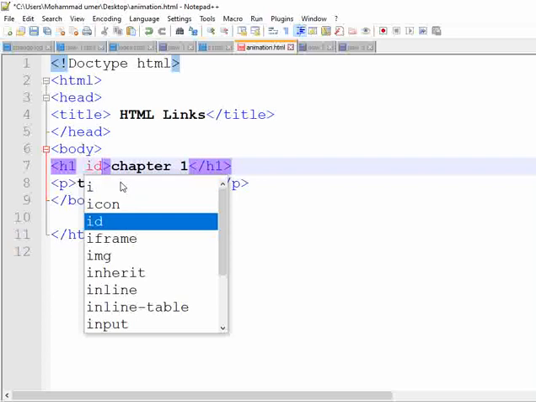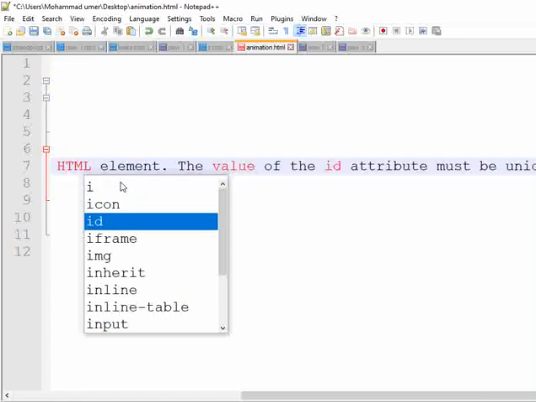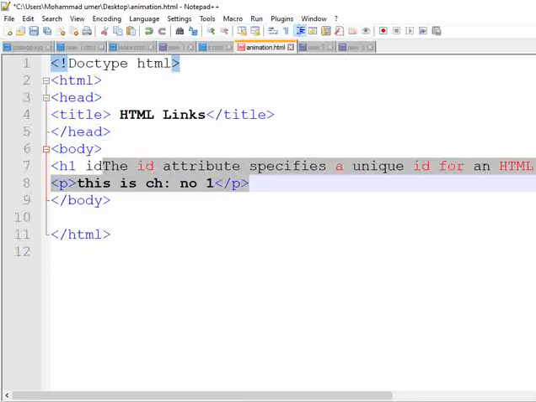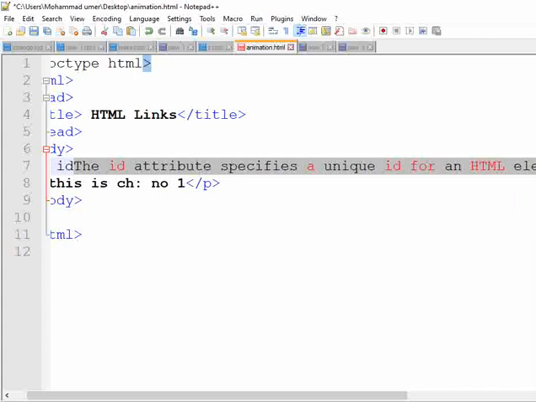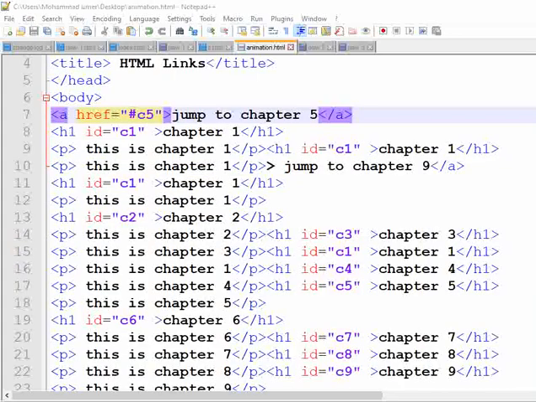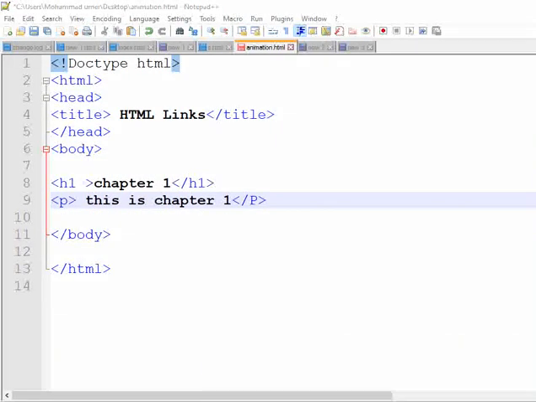Basically we will use the ID word and then after this. I have written the heading here, and this is the paragraph. So for creating the bookmark, we first have to create a bookmark using the ID attribute, and then we have to add a link to that bookmark.